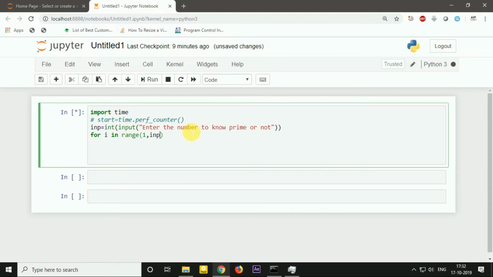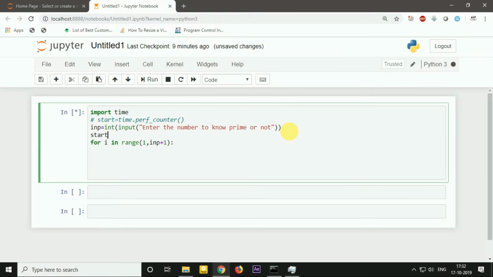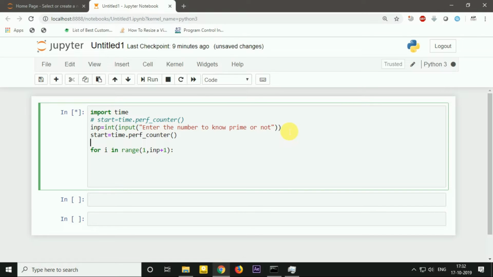the prime number, right? So inp is the input that I'm taking, and right over here in the for loop I'm just checking the range from 1 to the particular number, because a for loop actually goes up to the number minus 1. That's the principle of a for loop. And here I'm taking the start time as time.perf_counter, where in the end I'm going to do start minus